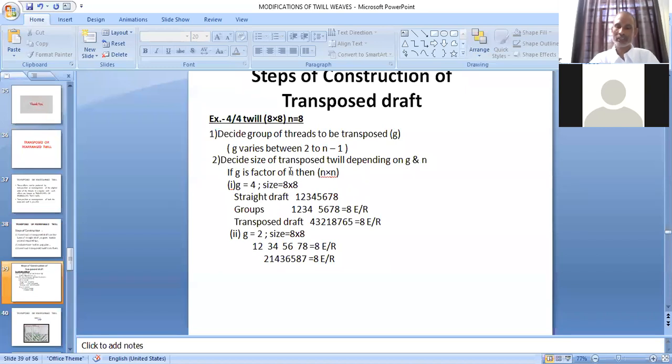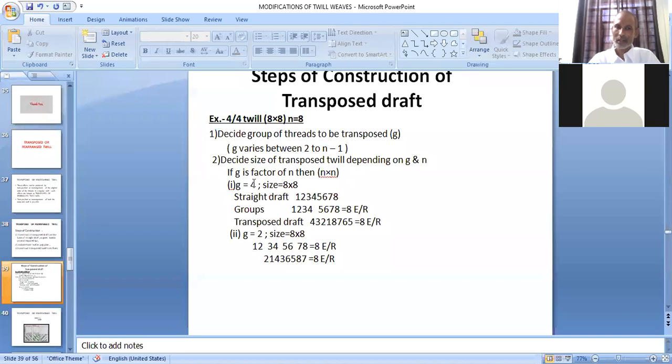Second, the most important step for all the modification of twill is determination of size of the twill, जो हम बनाने जा रहे हैं, like here transpose twill, and that is depending on what G you are taking and what N is given, number of heels in the original twill or number of threads in the original twill. So depending on group size and number of threads in the original twill, G and N, we can decide the size of transpose twill.